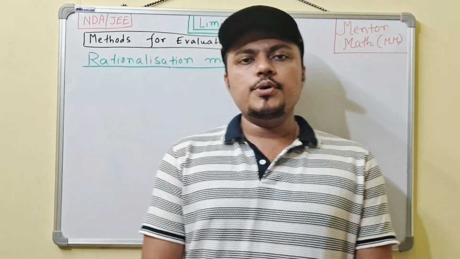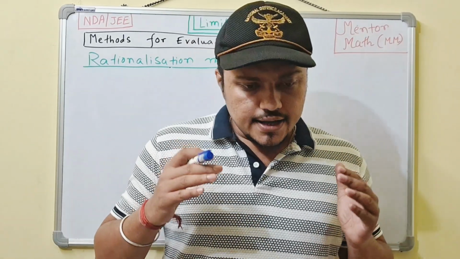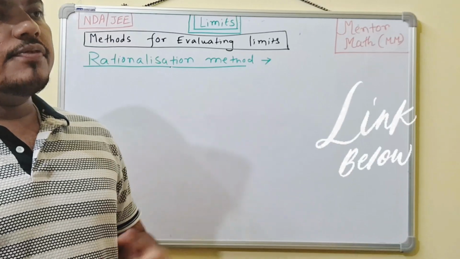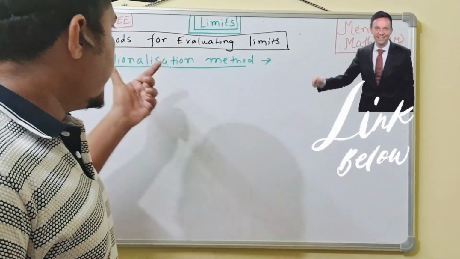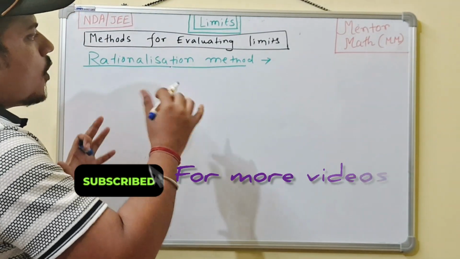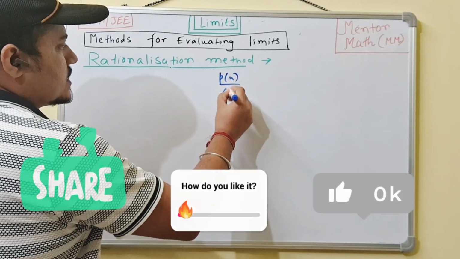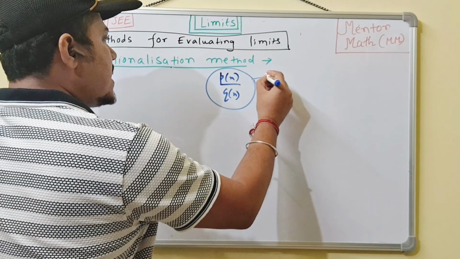Students, today I am going to discuss the methods for evaluating limits, and that method is the rationalization method. In my previous lecture, I already discussed the factorization method. Now we come to the rationalization method. If the form is given as p(x) by q(x), that is your rationalization form, and you see that either the numerator